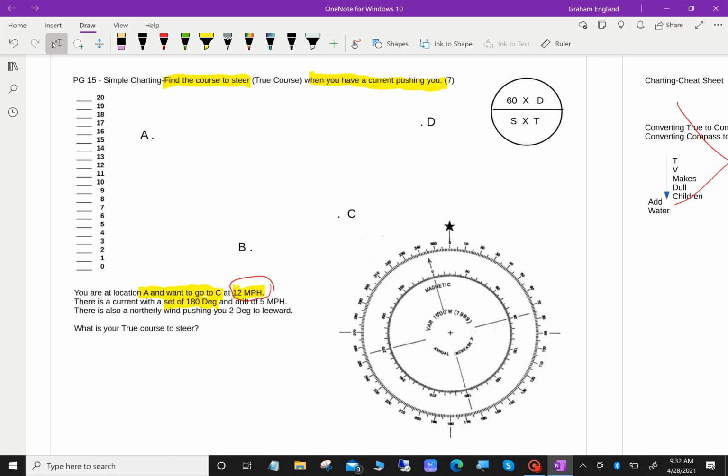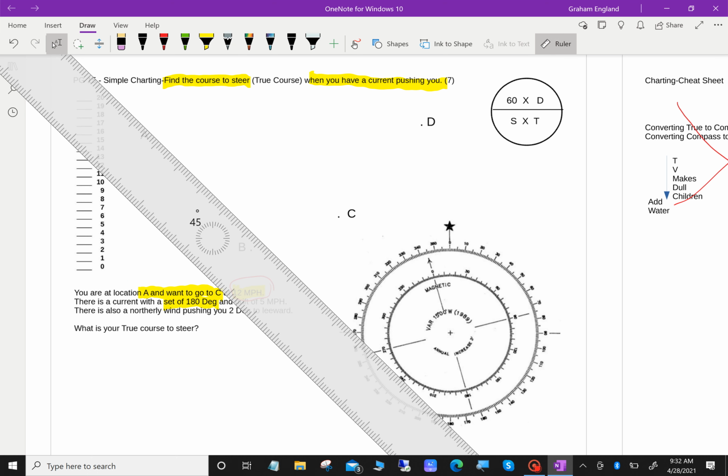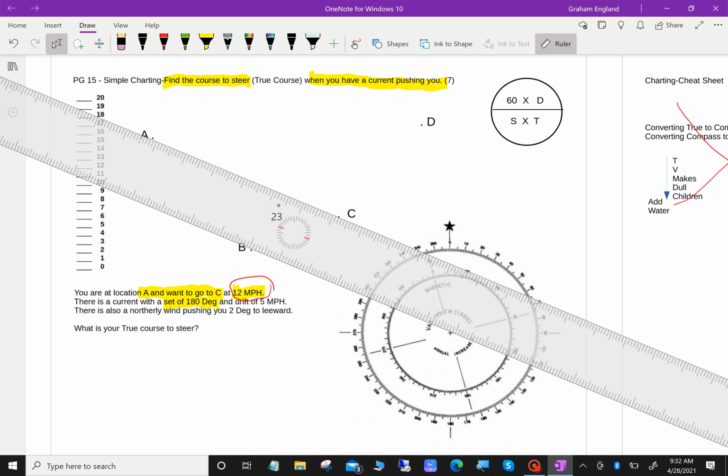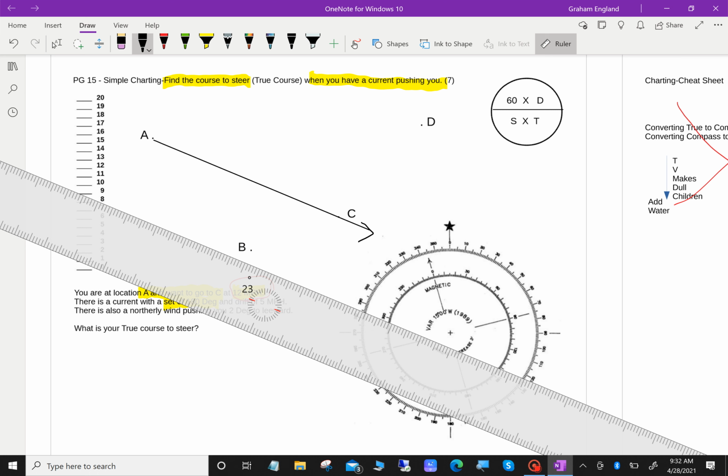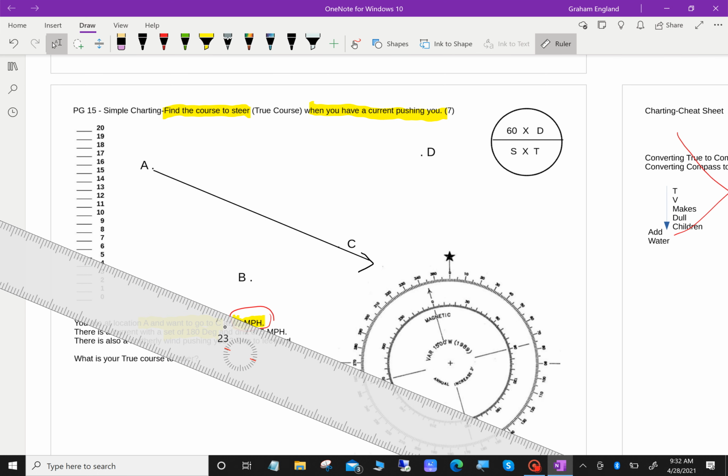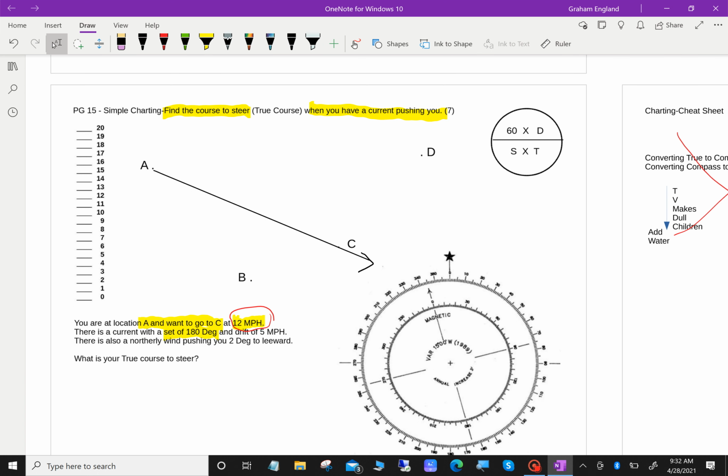The first thing is, we want to go from A to C, so we draw a course line from A to C. That's the course that we are on. We haven't actually left yet. So where should we be on that course after a certain period of time? Well, there's no time in this. We haven't left yet. So we're going to assume